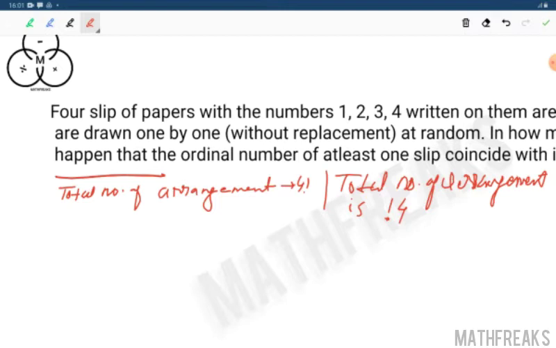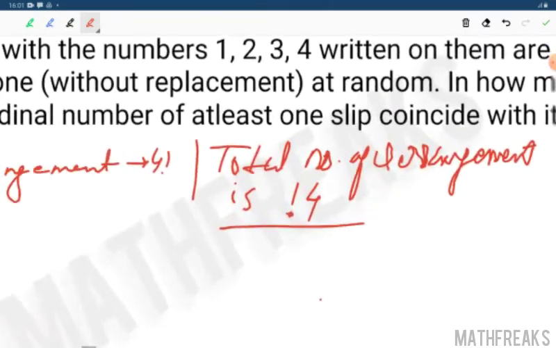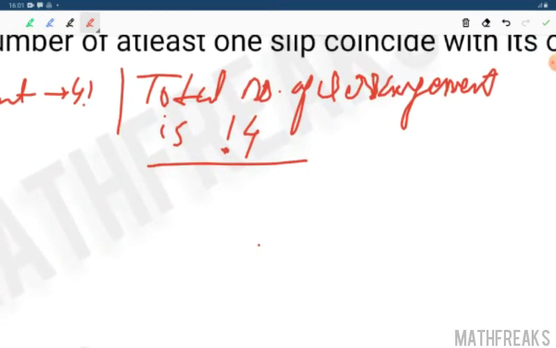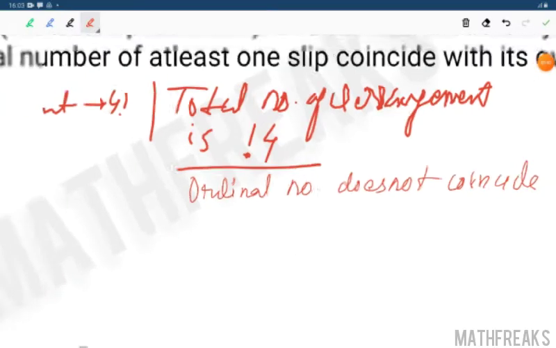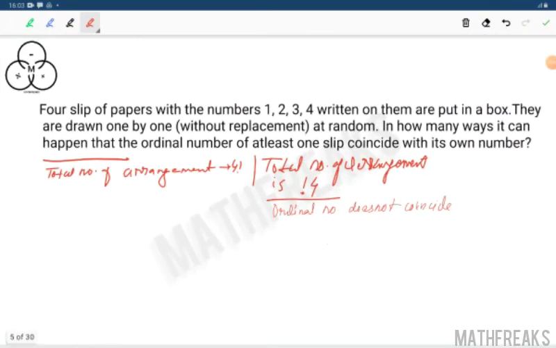And this derangement is what? Total number of ways in which the ordinal number does not coincide with the number of any slip. This 4 subfactorial, that is the derangement, will give us the count when the ordinal number does not coincide at all. So what we will do is simplify the answer, the required number of ways,